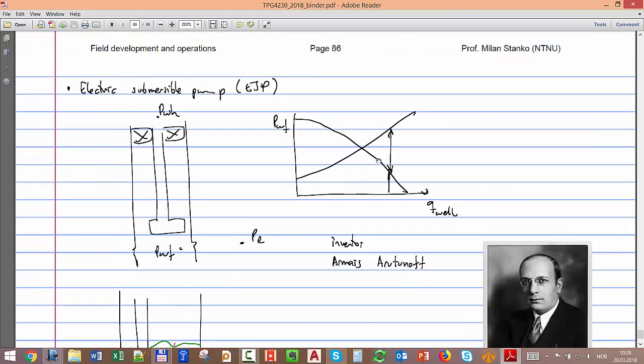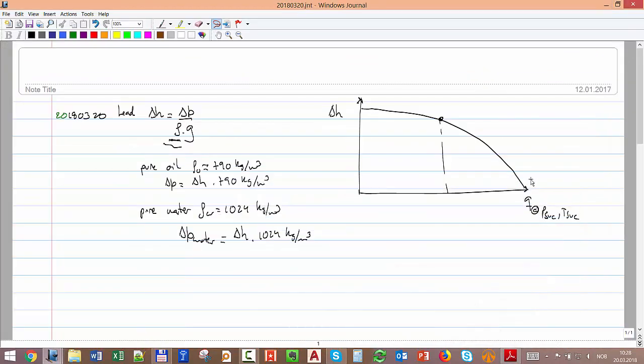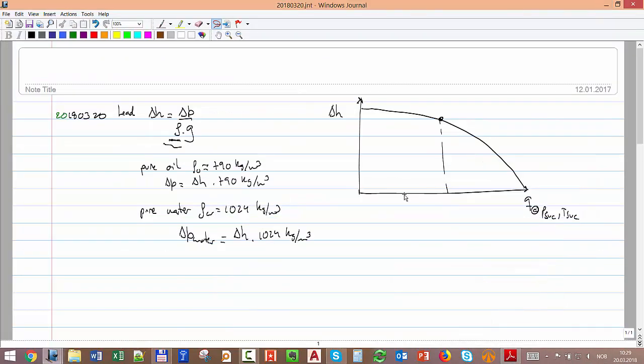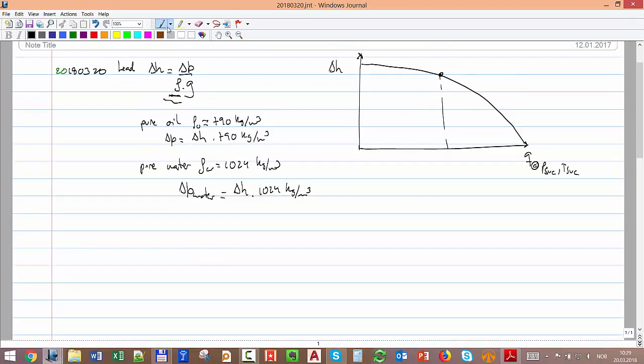I want to lower the rate for some reason of that well. From the curve, for example, you will need a lower rate and a lower delta P. But if you use this pump and lower the rate, you're going to get a higher delta P. So to control rate in ESPs, you can change the rotational